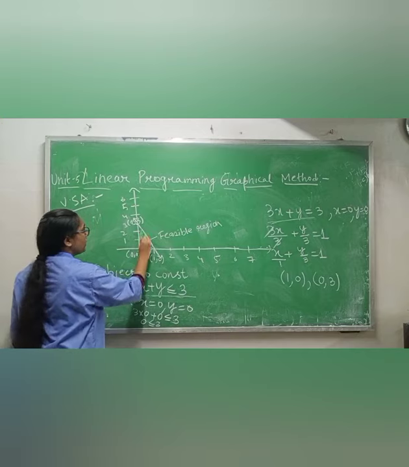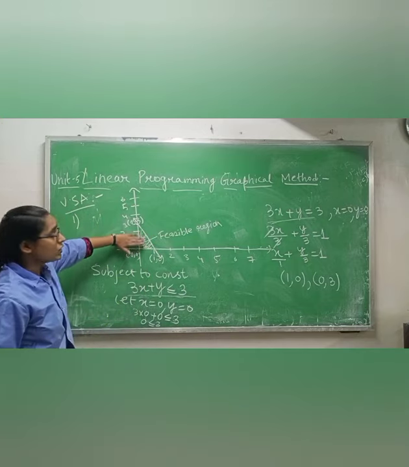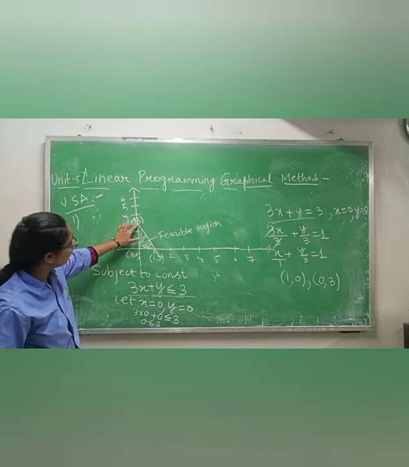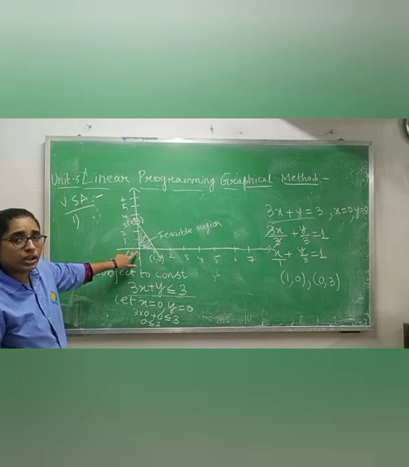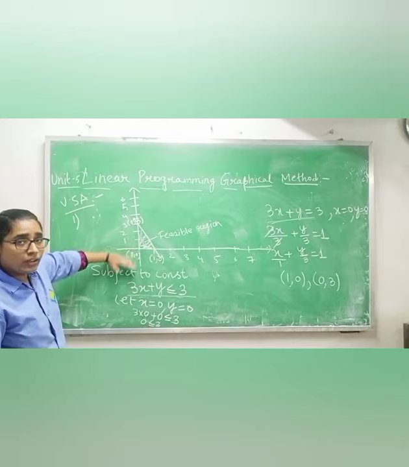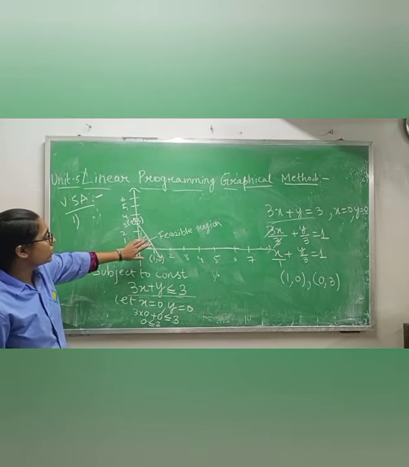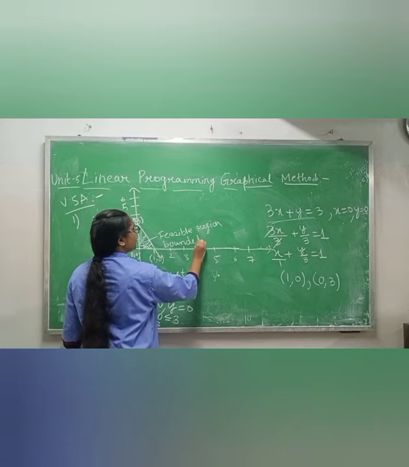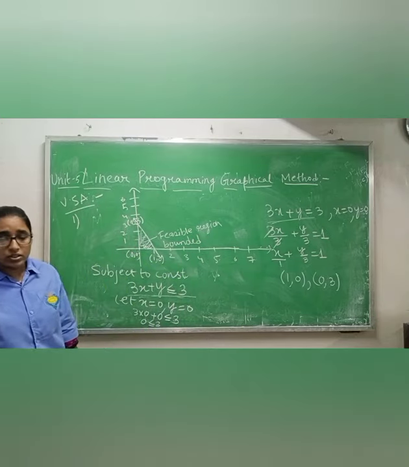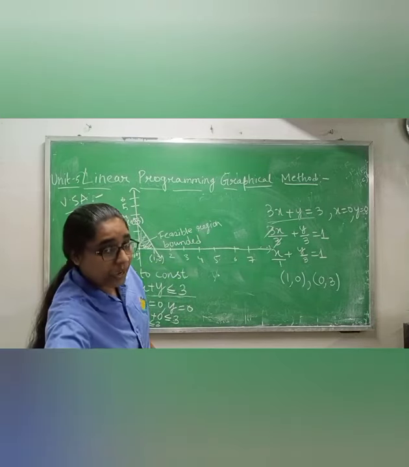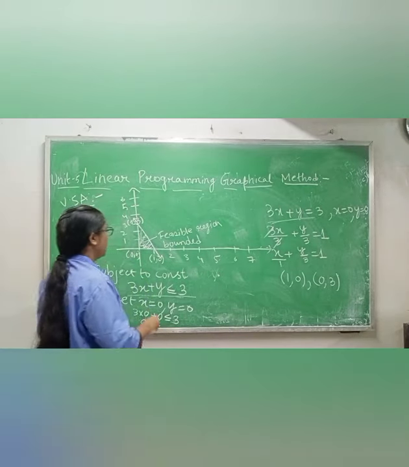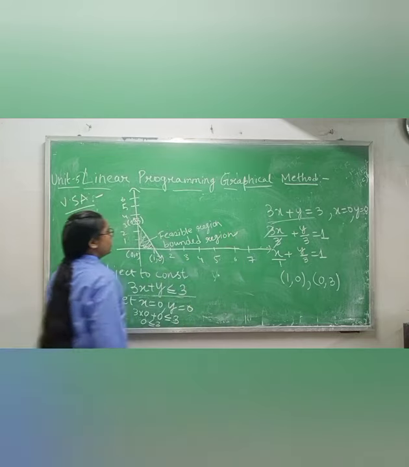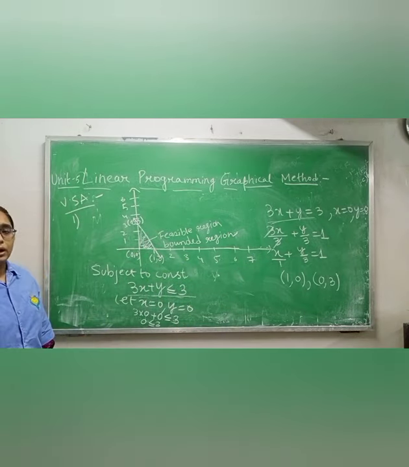And this is also known as a bounded region. Why? Because it is bounded. Okay, it is bounded by 3 points: 0, 3, 1, 0 and 0, 0. You will not be able to go in negative part. Okay, so this is also known as a bounded region. In exam time, they can ask what is the bounded region, what is the feasible region, find the bounded region or feasible region. Okay, that is why in this question I am telling you. Okay, so this is feasible region as well as bounded region.